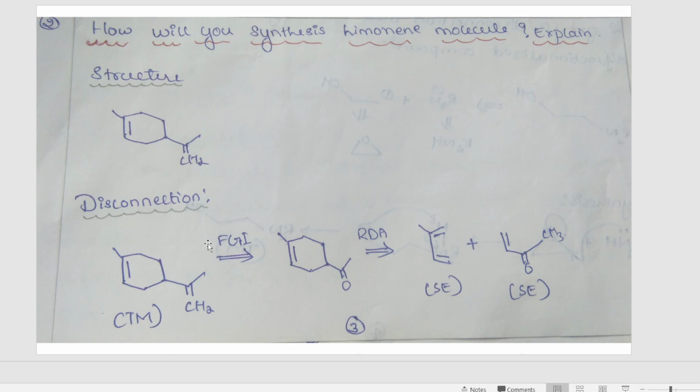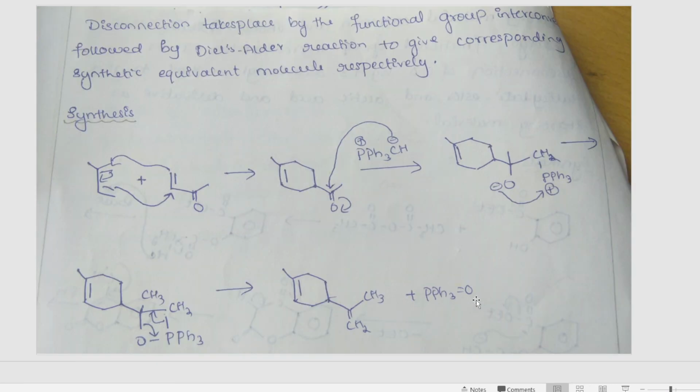First of all, you're doing disconnection. For disconnection, disconnecting this particular group is very difficult. So what we'll do is functional group interconversion and convert this double bond CH2 into double bond O. Okay. And then we are doing RDA, which is retro-Diels-Alder reaction. So by disconnecting this, we get the two synthetic equivalents. When you come back in the backward direction, it is Diels-Alder reaction. This, if you see, is retro, that is, this bond shifts here and it attacks over here. You know this. This is retro-Diels-Alder reaction.